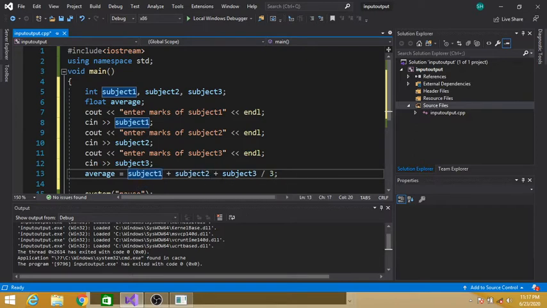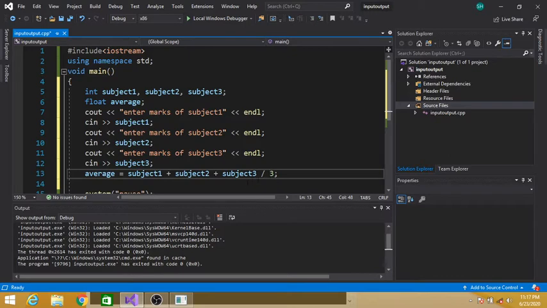But see here, the division operator has higher precedence than the plus operator, and the assignment operator has the lowest precedence. If we do it like this, then our result will not be correct.